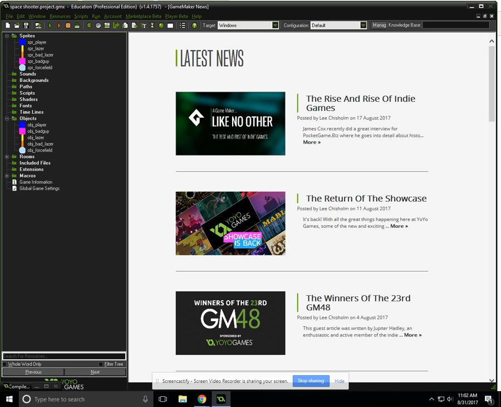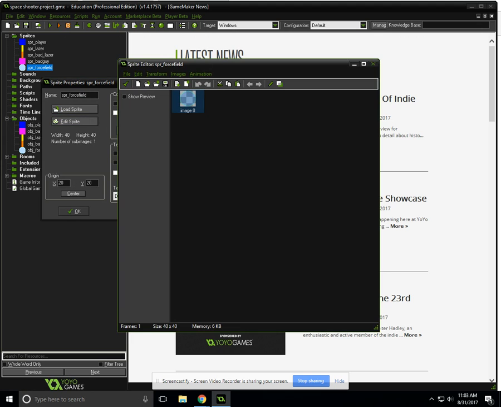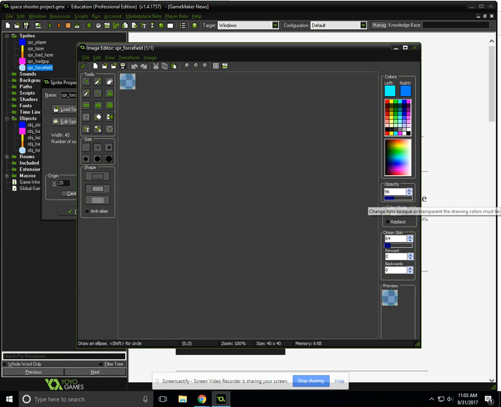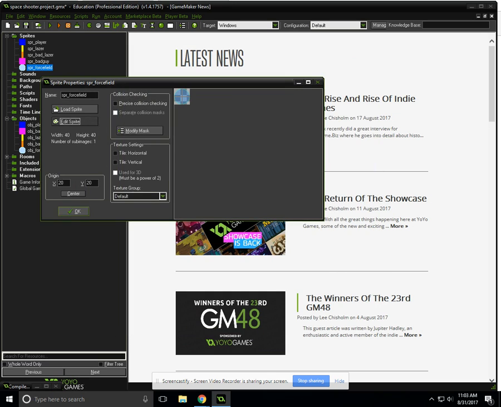All right, let's talk force field for a moment. So first thing we did was we just went up to our sprites. We made a force field. Under edit sprite, notice when I was editing it, I dropped the opacity down, and that's why you can see through the force field. So obviously we created an object called force field, and I'll show you some of that